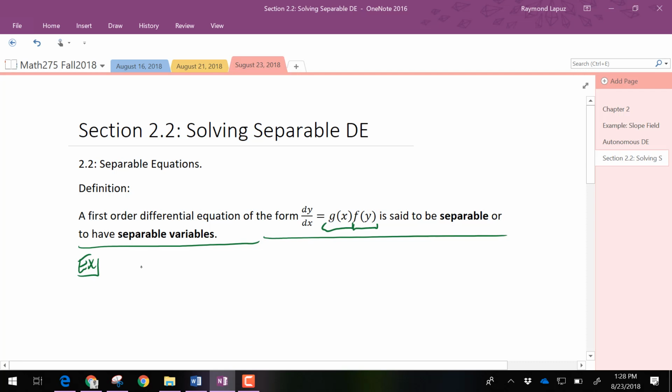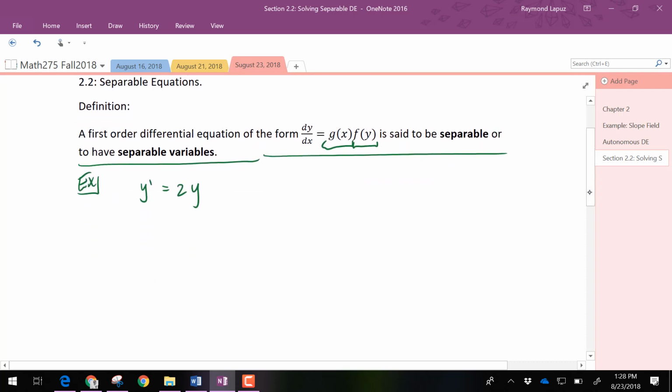So I think our first example is y prime is equal to 2y. That's clearly separable. Well, what does it mean to be separable, and how do you deal with that? Yeah, so the idea is that you want to write it in Leibniz notation and kind of abuse Leibniz notation by separating the dy and the dx. And so if I divide by a y and multiply by dx, I have dy over y is equal to 2 dx,